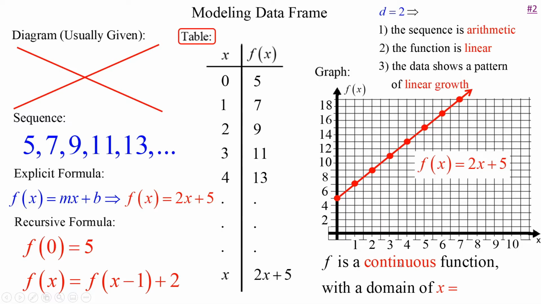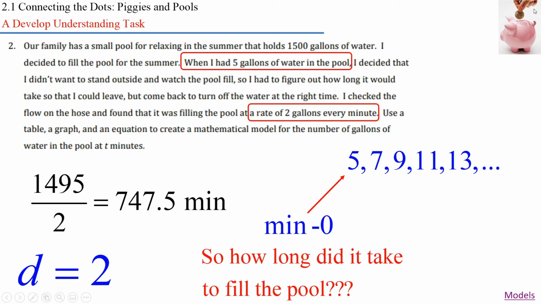So I'm going to say f is a continuous function with a domain of x equals, and now we're going to use what's called interval notation right here. So interval notation means I'm going to either use parentheses or brackets right now. And I'm going to start you with brackets. All right. And then what is the first x value in this problem? It is a 0. So my first x is 0. I'm going to start at 0, my 0 minute, okay, right there. And then remember on the previous slide when we asked, how long is it going to take to fill the pool? Well, let's go back there. It was